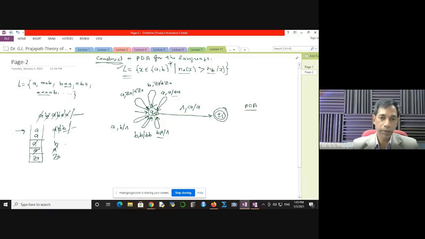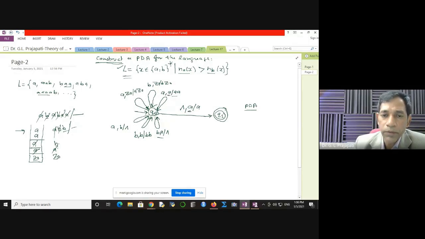That's why it guarantees that whenever your input exhausts, you can decide on the basis of your top symbol. When top symbol is A, you have more A's. If top symbol is B, you have more B's, so this is not the case of acceptance. When top is A, this is the case of acceptance. That's why you have to show only this kind of transition. For the other combination, when input exhausts and top is B, you don't require to show this transition, because you don't want it. But see, you have seen that the top symbol is A,